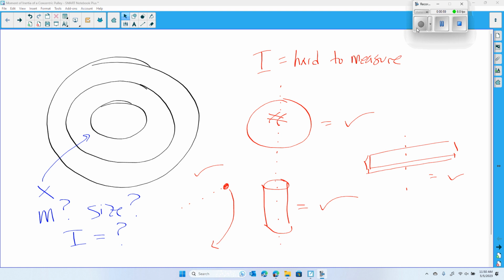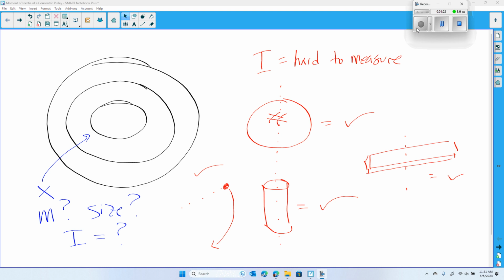really far away. So when you're rotating things and trying to change their rotational speed, the speed with which they're spinning, or slow them down and stop them, that becomes way more difficult if the mass is far away from the center of rotation. So what we've talked about is the idea that, well, with certain things,